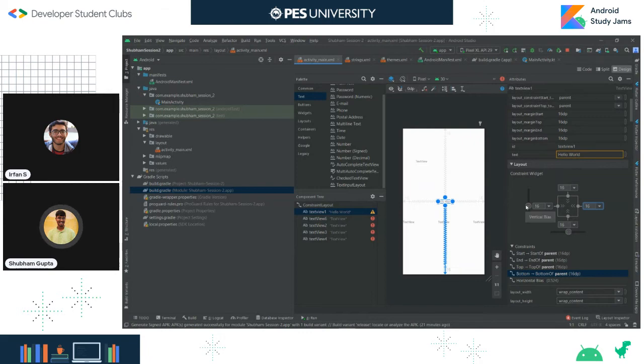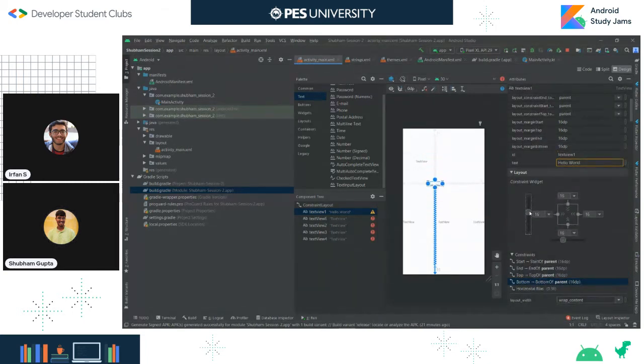Now, suppose you don't want your view to be in the middle and you want it a bit shifted to the left or right. So you would be using these constraints called a bias. By default, you have only two biases, which is the vertical bias and horizontal bias. So say you want to shift your view a bit to the left or right, you just use the horizontal bias and shift it around. In case you want to move your view up, top or bottom, you change your vertical bias. That's pretty much the definition of biases. And yeah, another type of